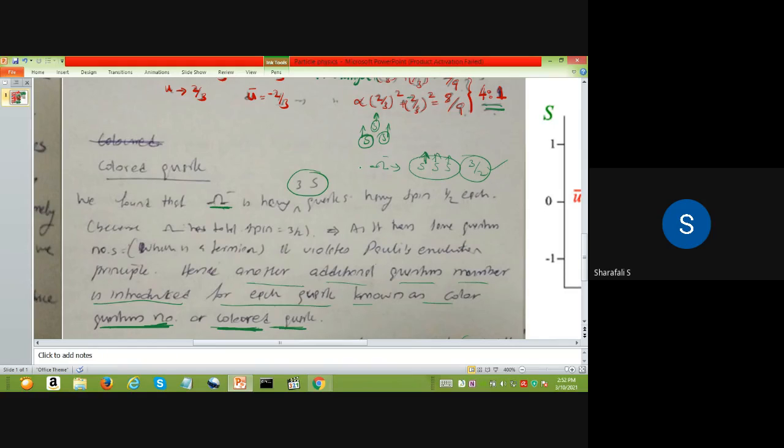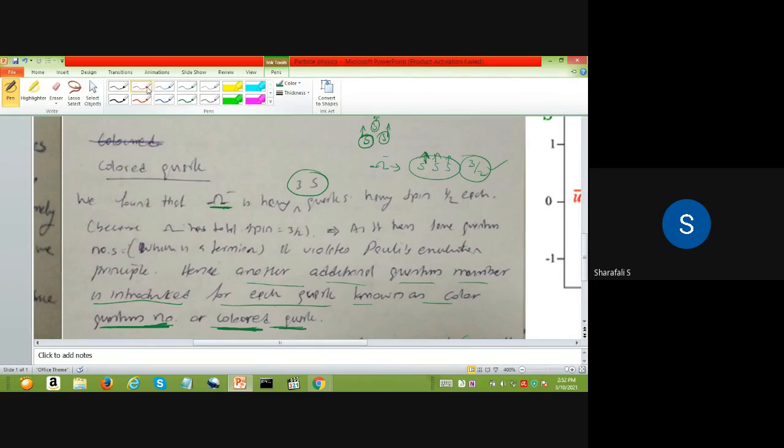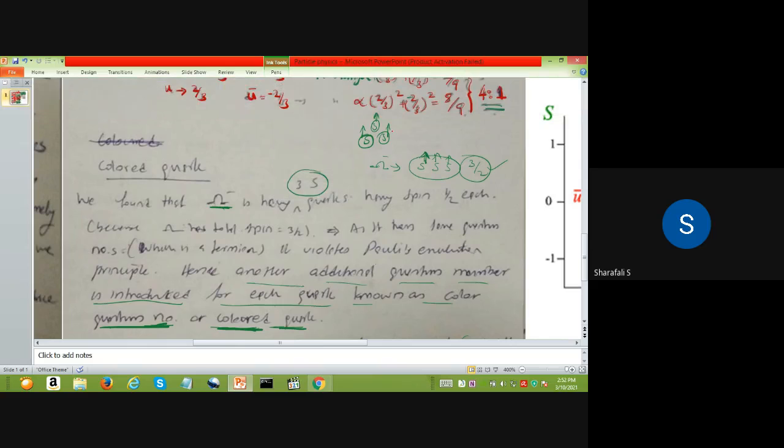But then we introduce the colored quark concept, so that each individual strange quark will be having a different color. For example, this is red, this is yellow, this is blue. So now the quantum number is different. That color quantum number is different, so that the Pauli exclusion principle is obeyed. Okay, so with the introduction of the colored quark or color quantum number, we can have the Pauli exclusion principle